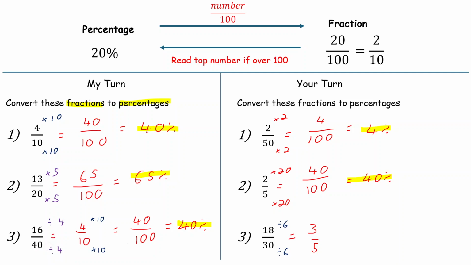And now I can times the 5 by 20 and times the numerator also by 20. Because now 3 times 20 is equal to 60, and 5 times 20 is equal to 100. So now I'm out of 100, so I'm equal to 60%,